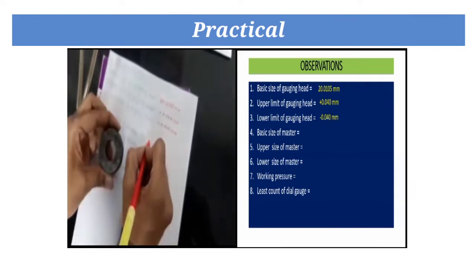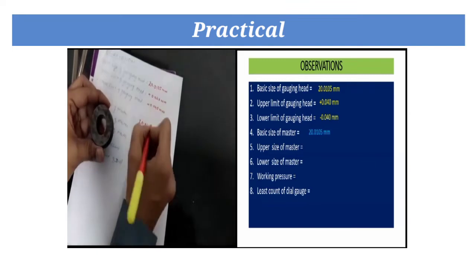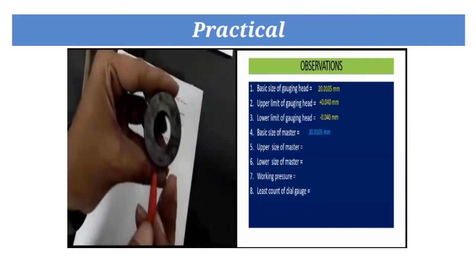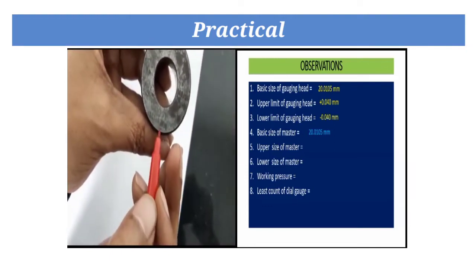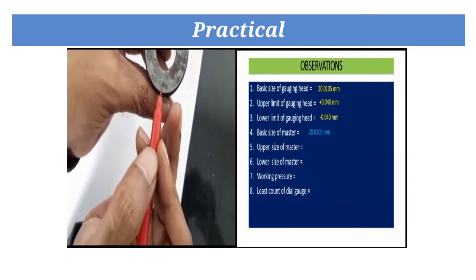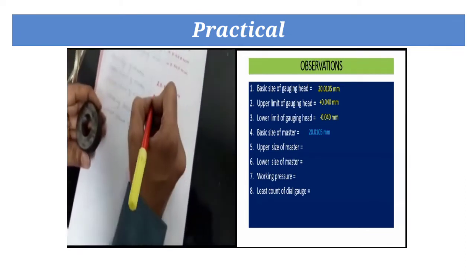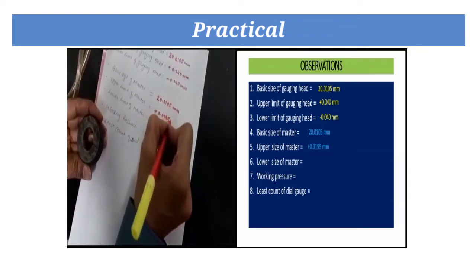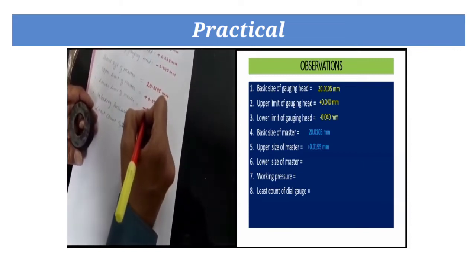So I'll put that value 20.0105 mm. Okay, and over that there is also the upper limit and lower limit here. I think it is not visible, but that value I will tell you, plus minus 0.0195. So here the upper limit is plus 0.0195 mm,